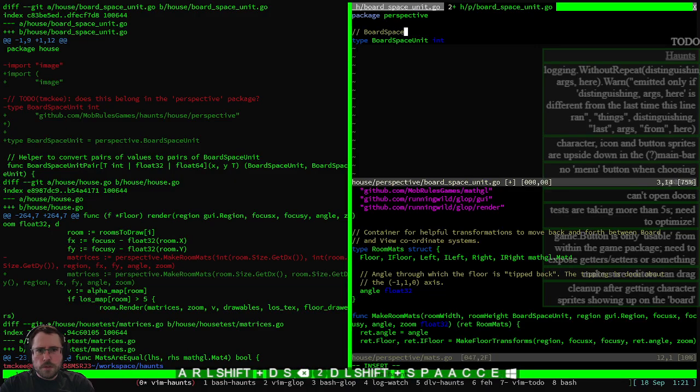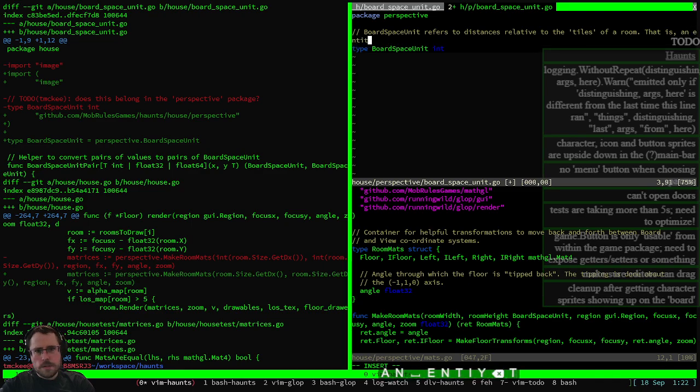Board space unit refers to distances relative to the tiles of a room. That is, an entity is always placed